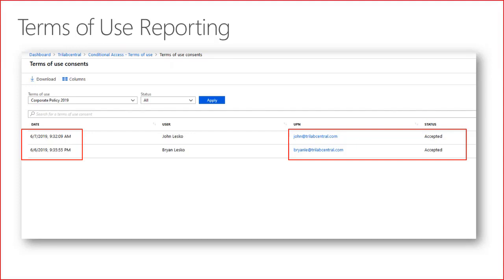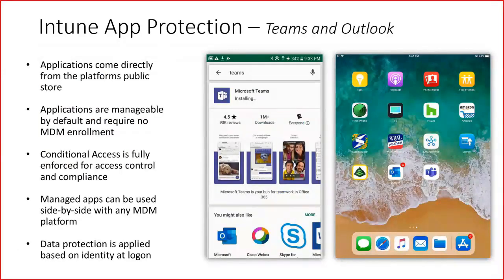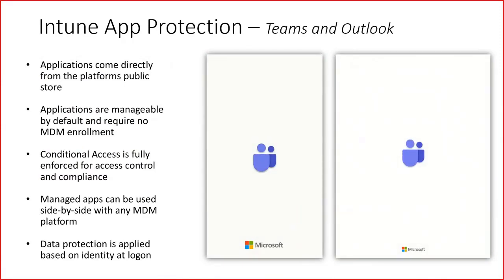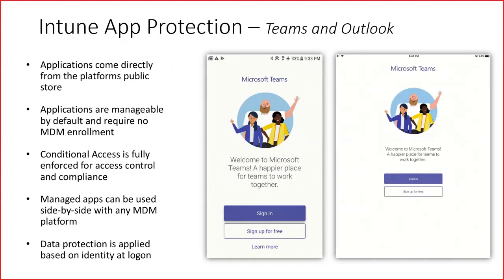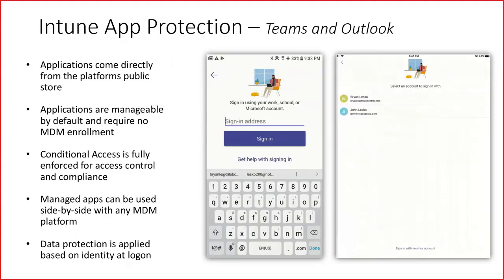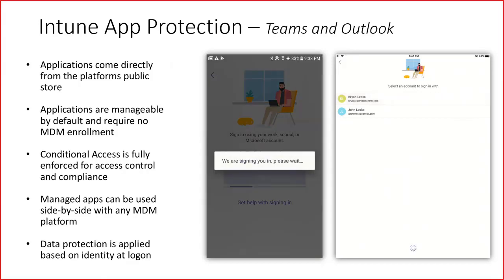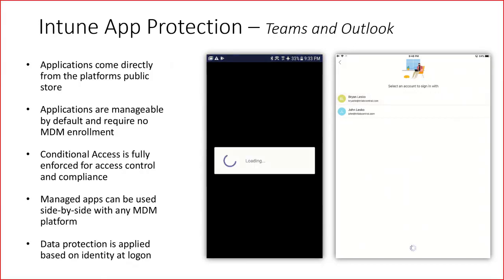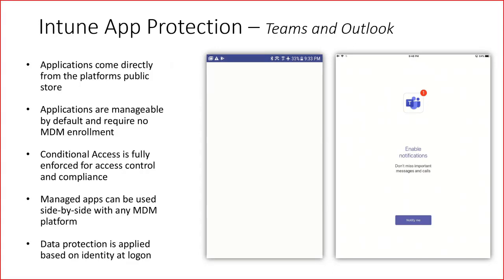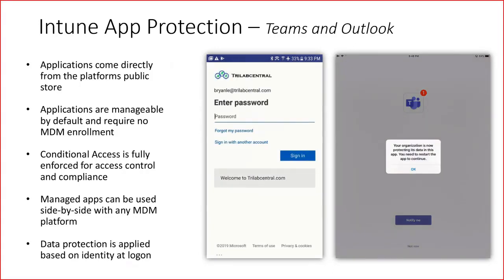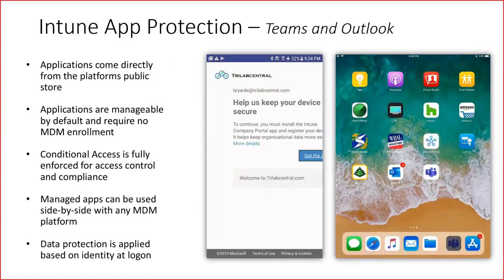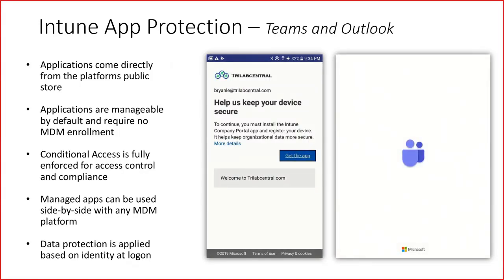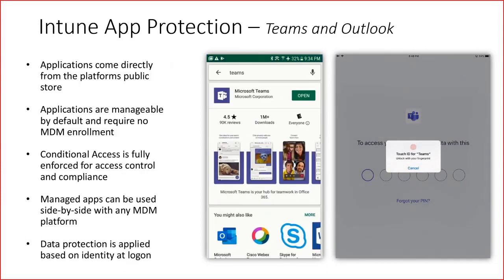So let's take a look at the next technology, and that's Intune App Protection. On the right-hand side, you're going to see some animations or videos that are going to run. The one on the left is an Android device, and the one on the right is an Apple device. Both of these devices are installing Teams, right? And the point is that Teams came from the public store on those platforms. We did not push the app with an MDM provider. We let the user go ahead and install it from the public store,